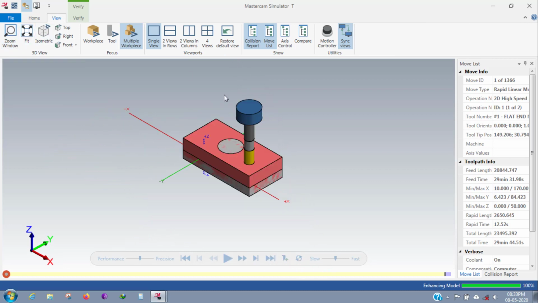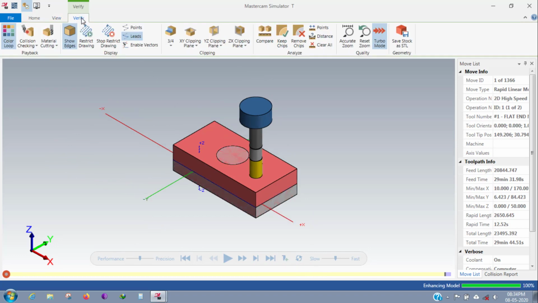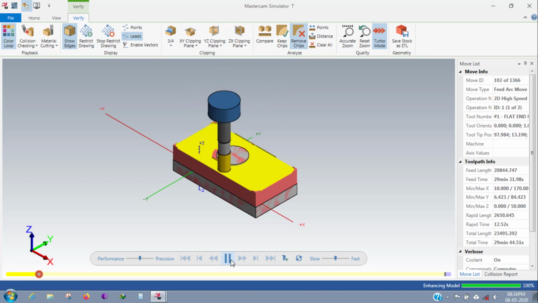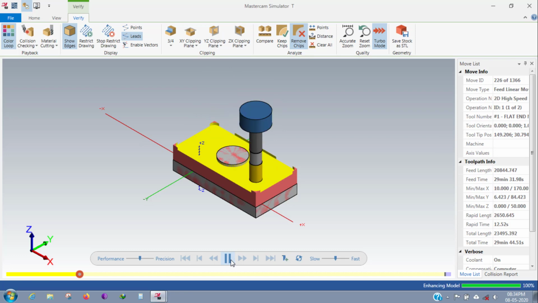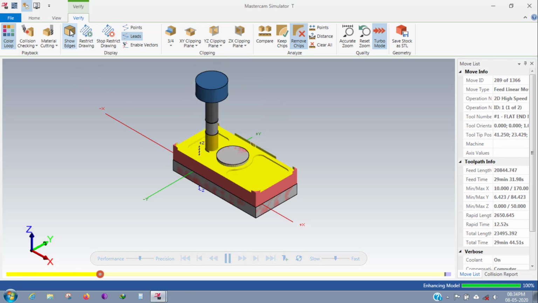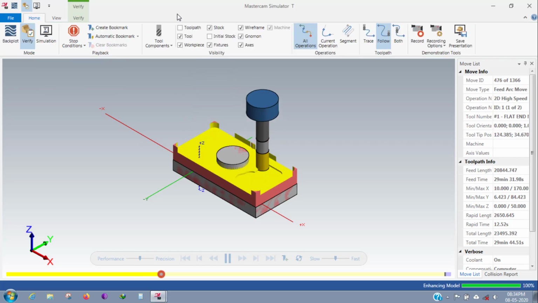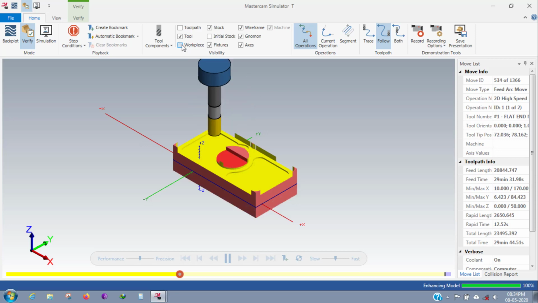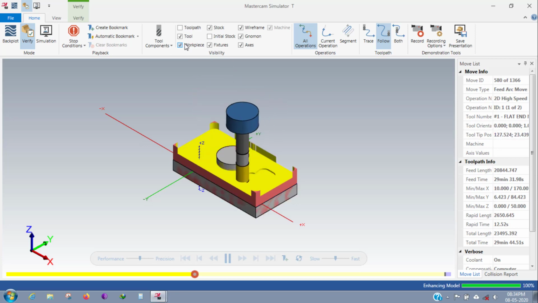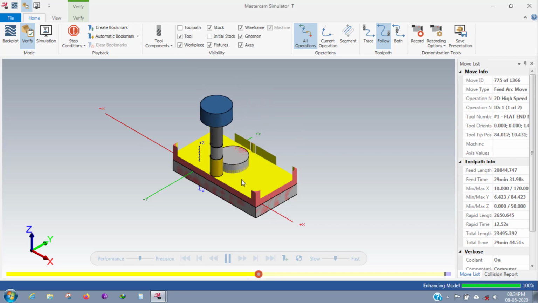Isometric view, remove things. Okay, it's running.